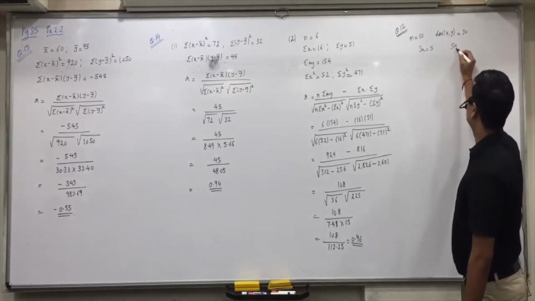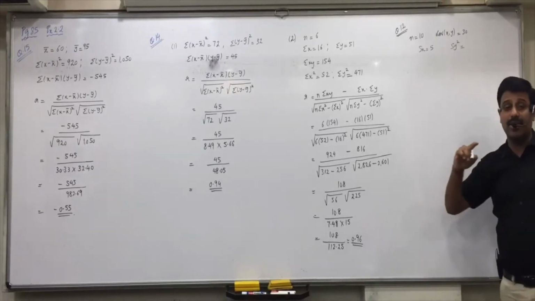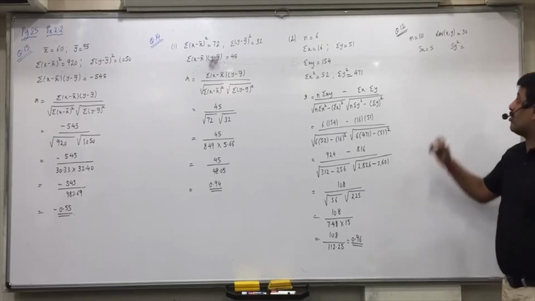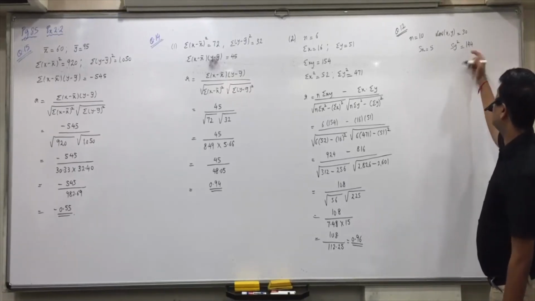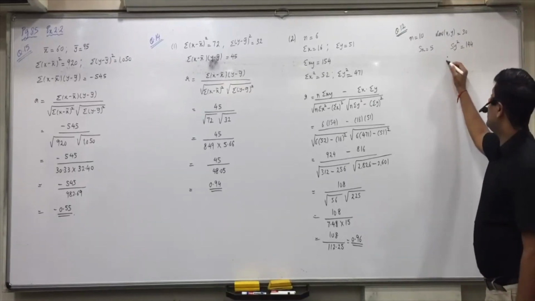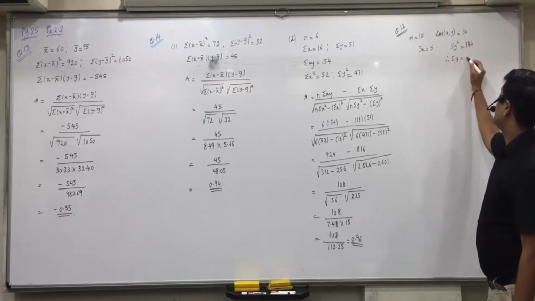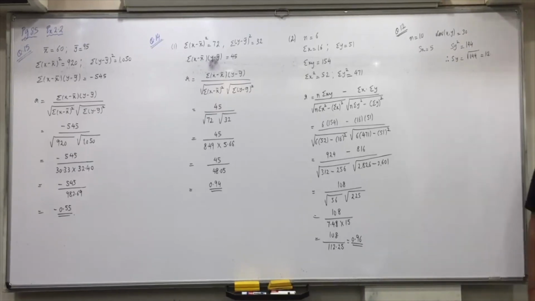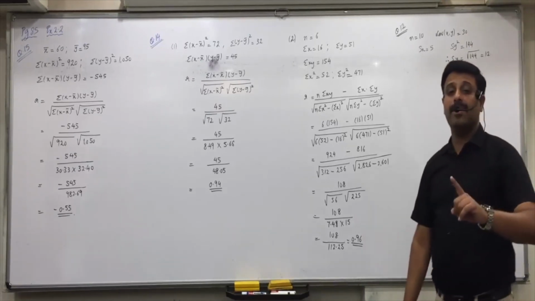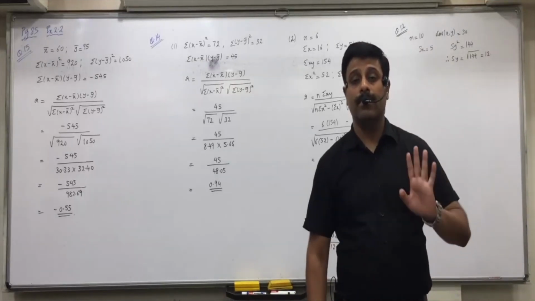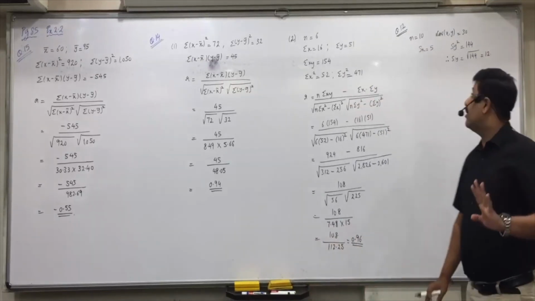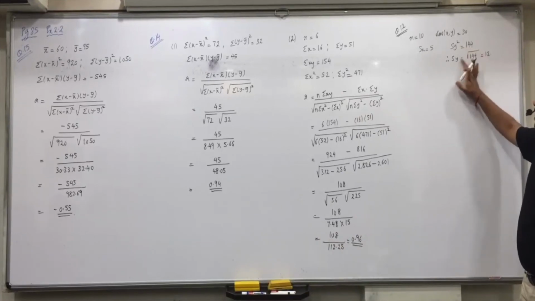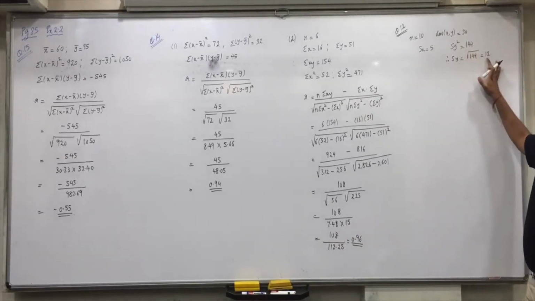Sy square. Variance is always standard deviation square. So variance, Sy square, is 144. Did you understand this, everyone? So what will be Sy? Square root of 144, that is 12. Okay, variance is standard deviation square. So variance of y, Sy square, is 144. Sy will be square root of 144, that is 12.